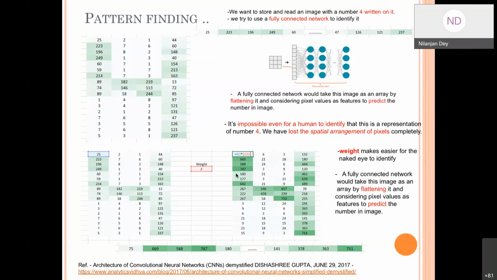Now, second thing is, once you multiply the weight, the main challenge is that once you convert from 2D to 1D, the spatial information gets hampered. You will not be able to identify this is X, Y. You don't know from where this 4 value is coming because you lost that spatial information. So we have to keep in mind that we have to do something so that the value will be intensified,